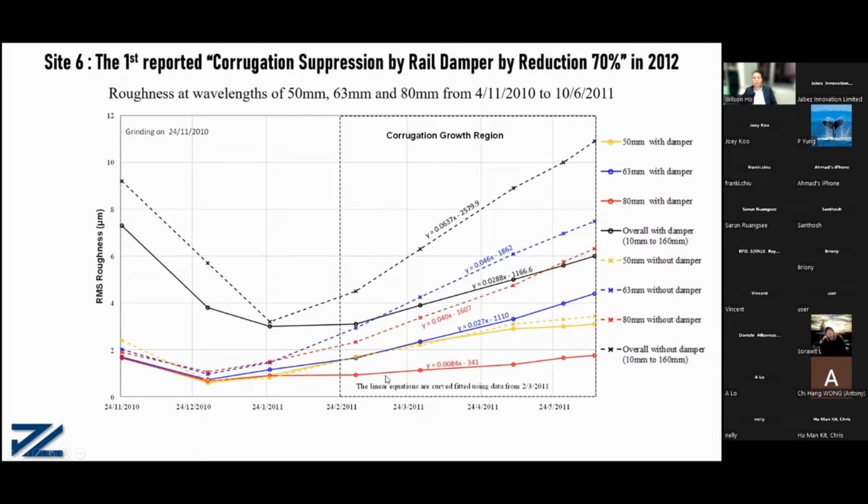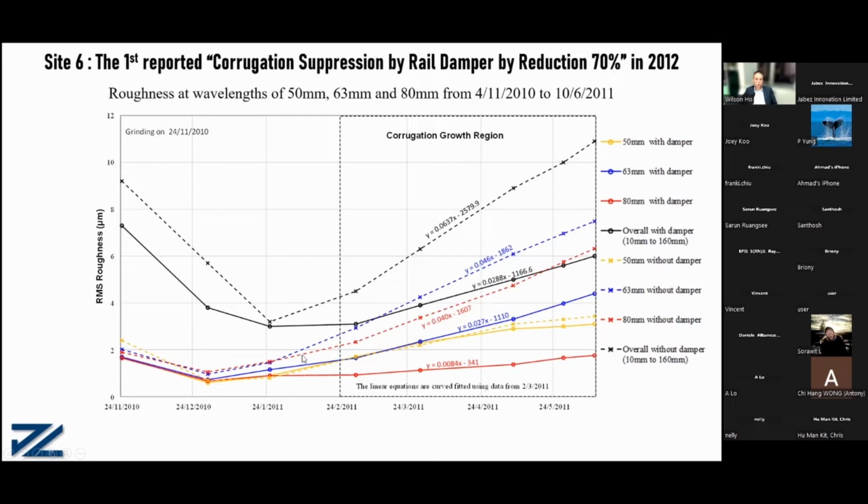Different color lines represent different wavelengths. For example, the red line is 80 millimeter with damper. With damper, the corrugation grows very slowly. The red line without damper, the dotted line,